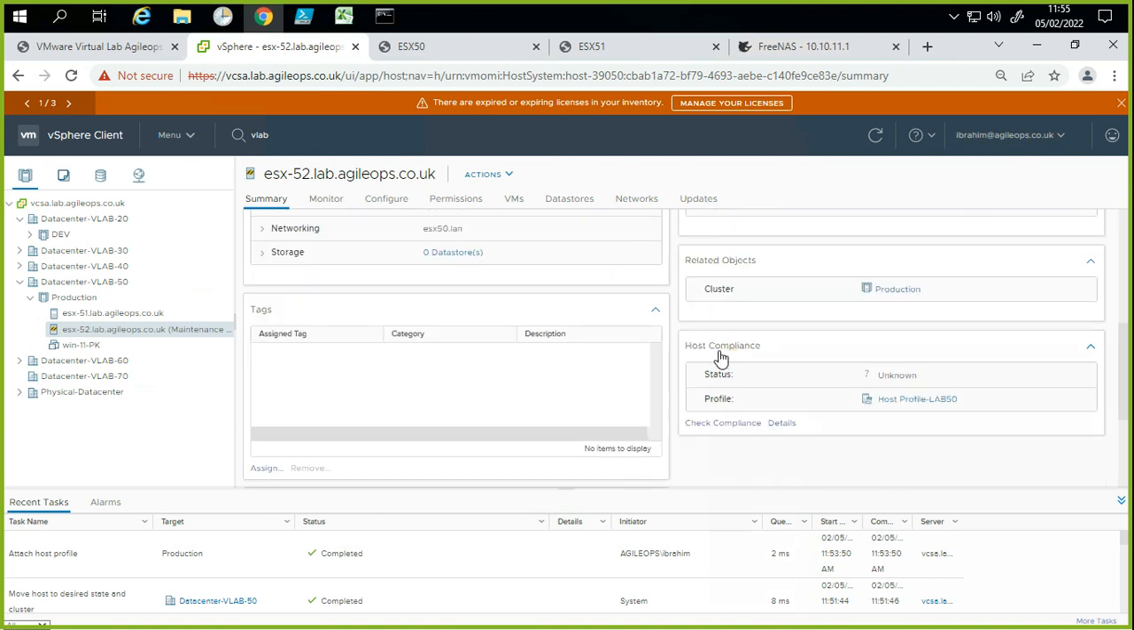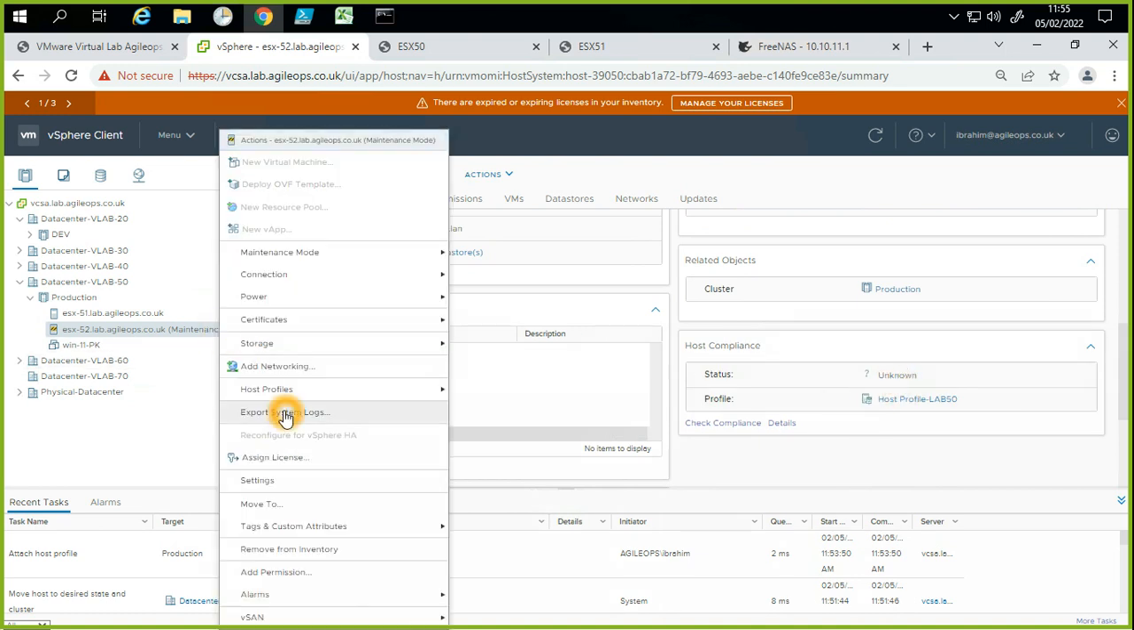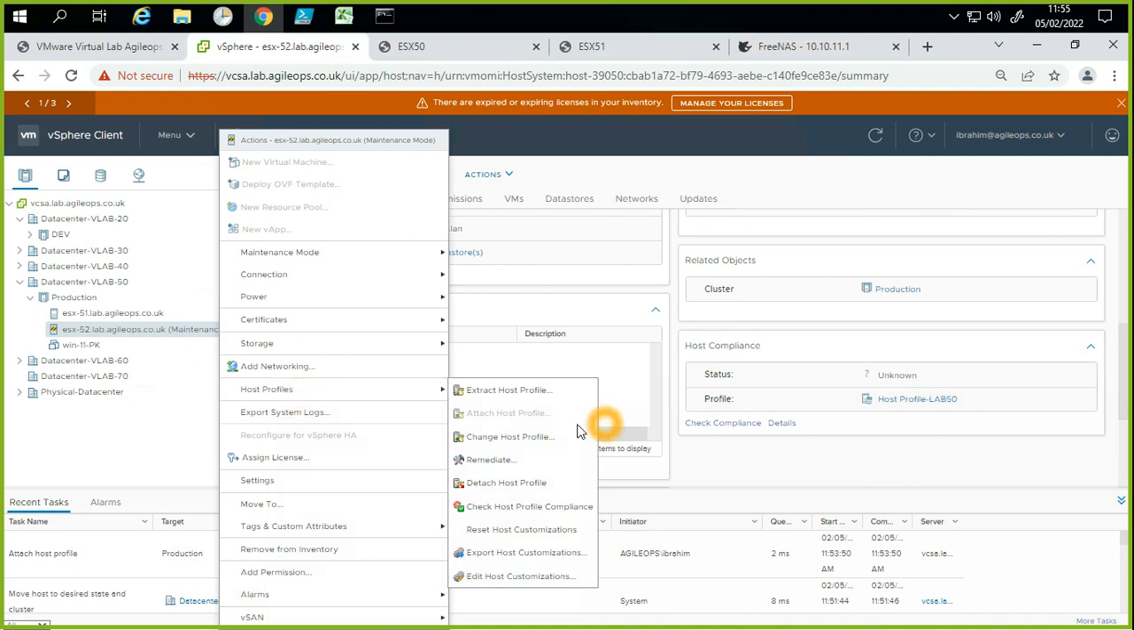Compliance, yes, host compliance. Look, it is showing the host profile, and it is showing which profile is attached. Okay, and it basically says host compliance is unknown. So if I right click and then I say host profile,